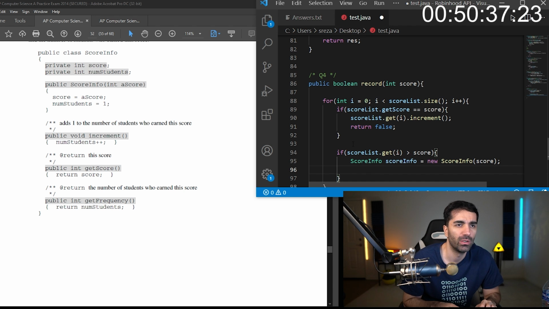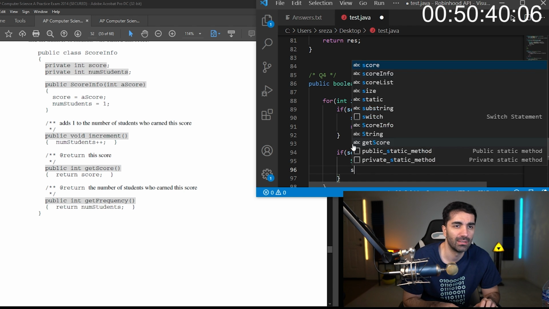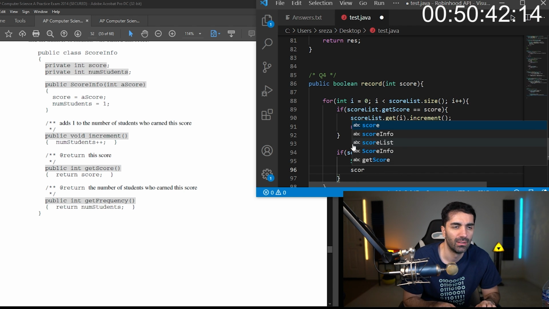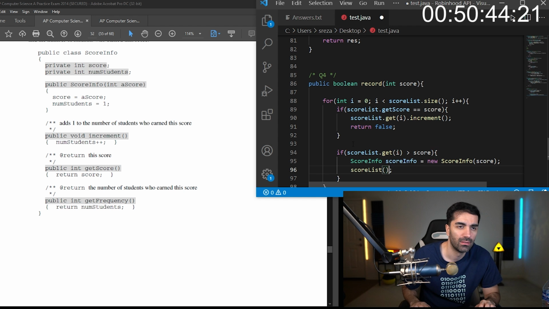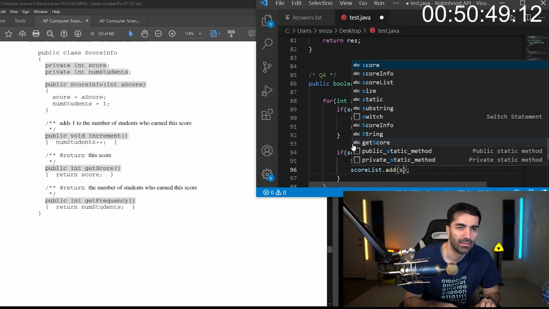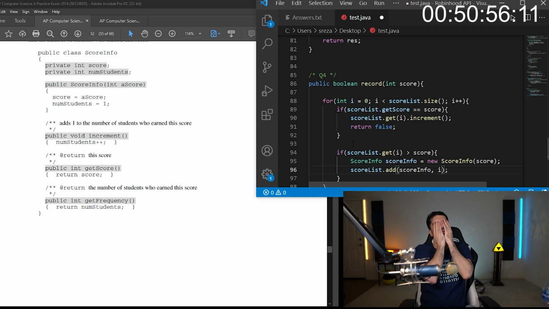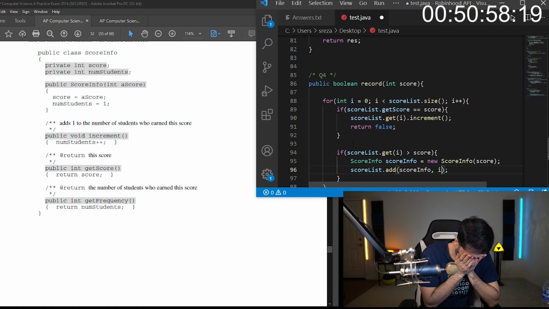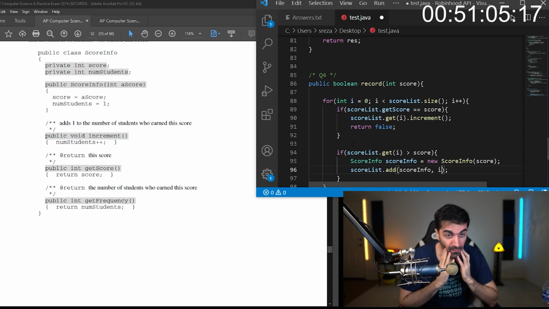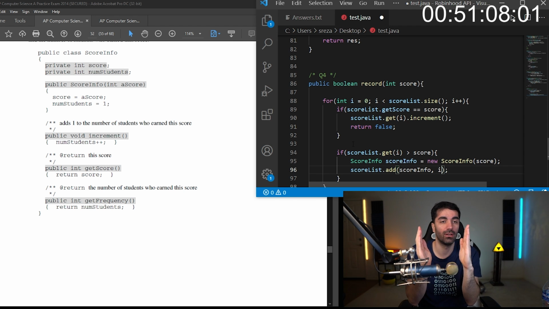And then at that point, we want to insert it into score list. Score list dot add score info at index I. I think it would just be I, because if we insert at I, I think it would push the other one forward one.